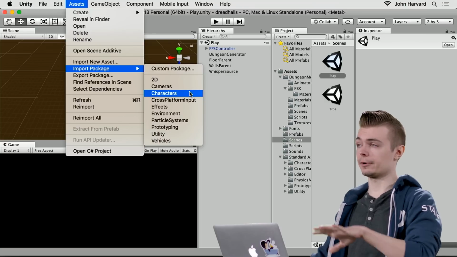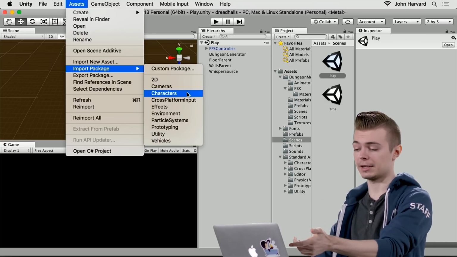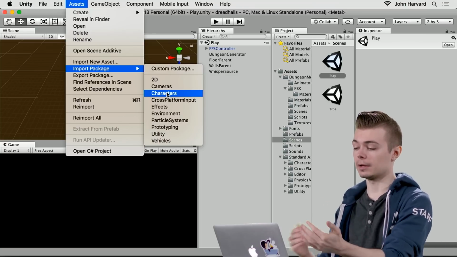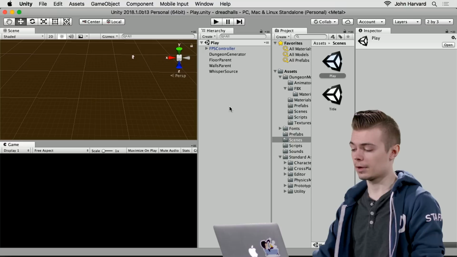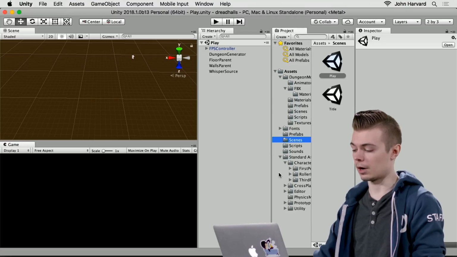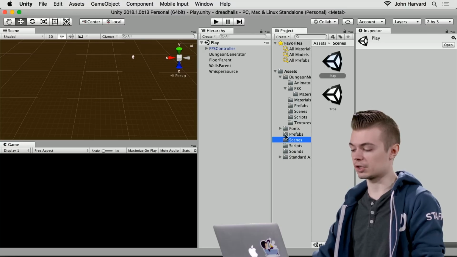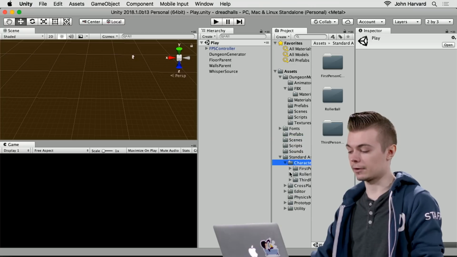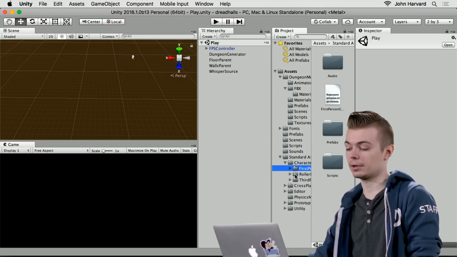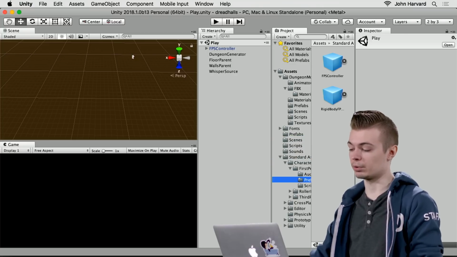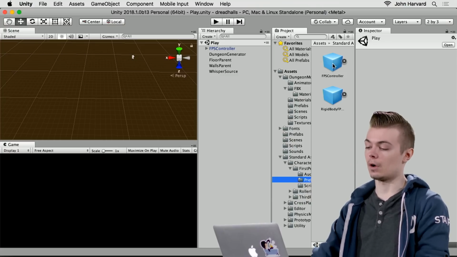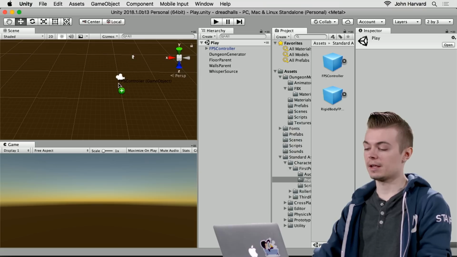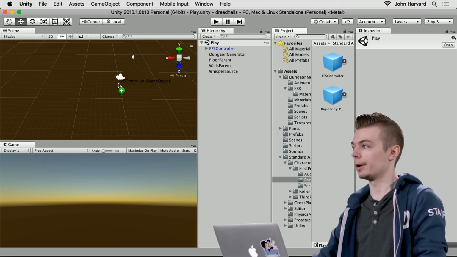So if you're in a fresh project and you just go to import package and you import this characters package here, it'll import it into your game so that you can immediately use the prefabs that it gives you to create a character object. By default it'll put it in your assets folder underneath standard assets and then characters, and then there's a first person folder. And within the first person folder, there's a prefabs folder which has the FPS controller game object. And so all you need to do is just drag it into the scene, and then that becomes your default